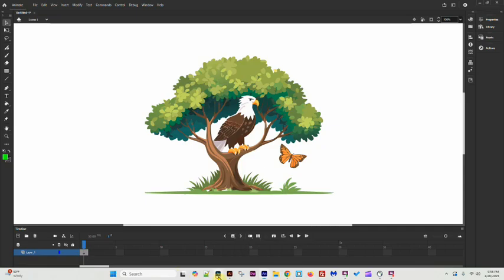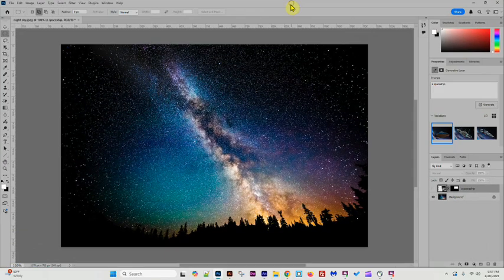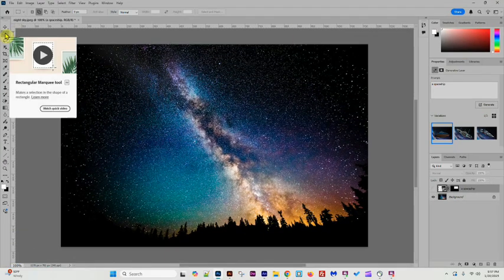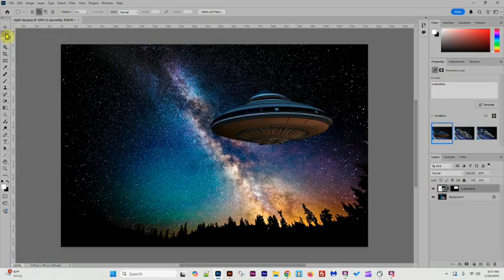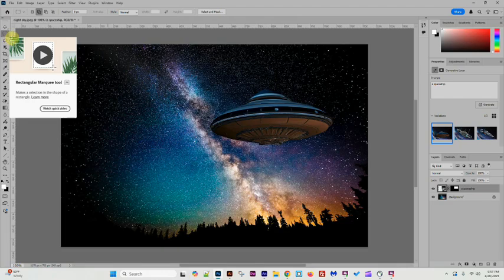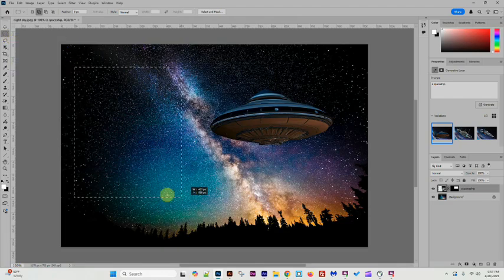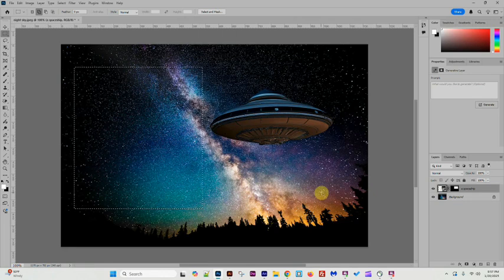Now I'm going to use Photoshop, but I've got it over here in one of my other windows, so I'm going to grab it and drag it over here. I did the same thing, used Generate, only this time I used the rectangle marquee tool. I'm just going to click right here, and I'm going to do it again just for you. Unfortunately it's way over on the other side of my screen. Thank you. I'm going to generate,